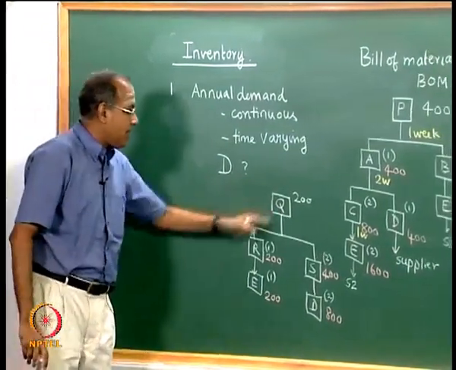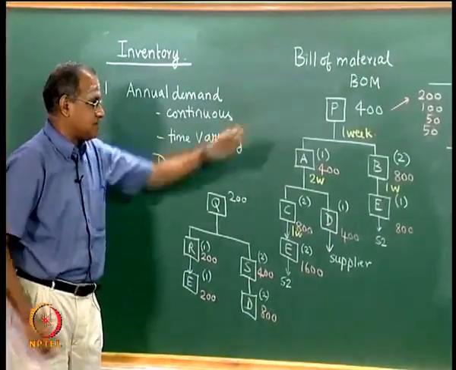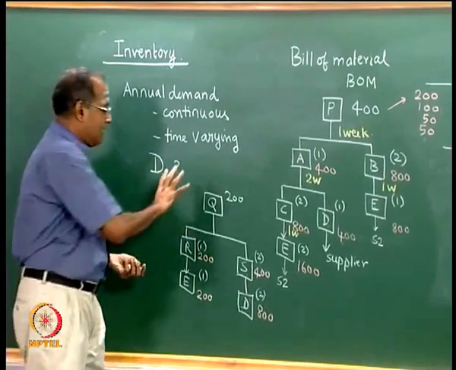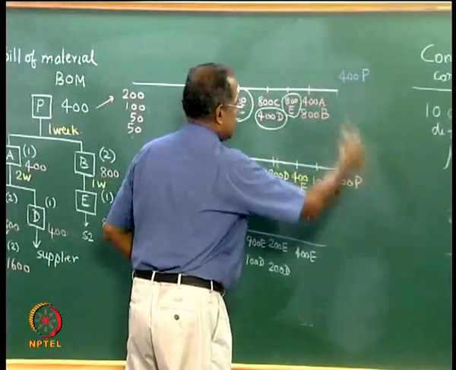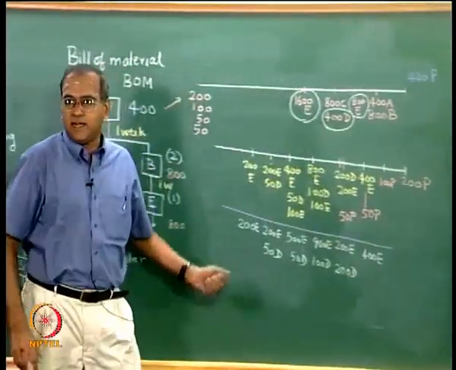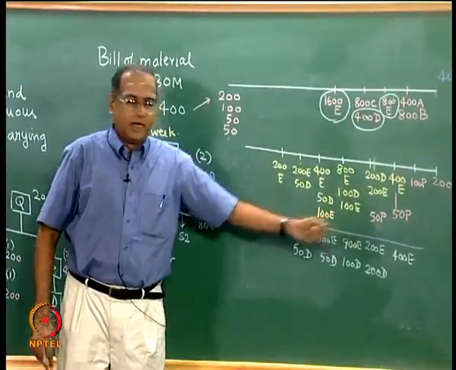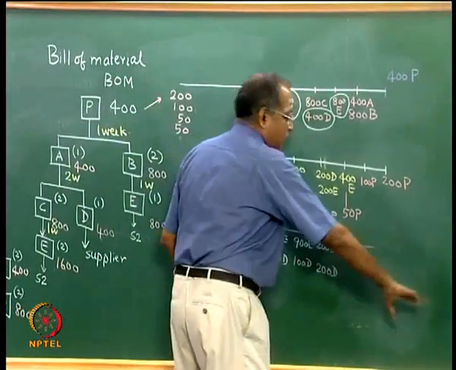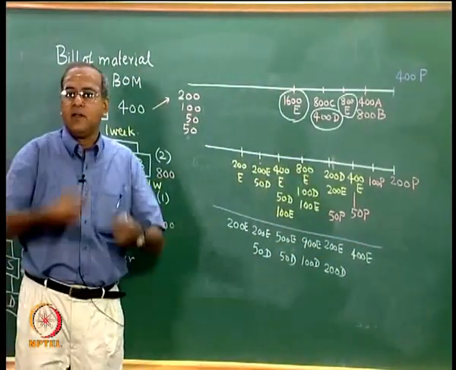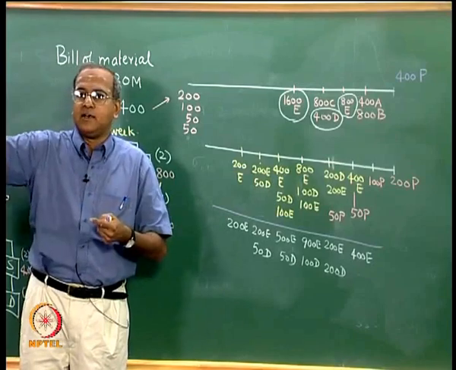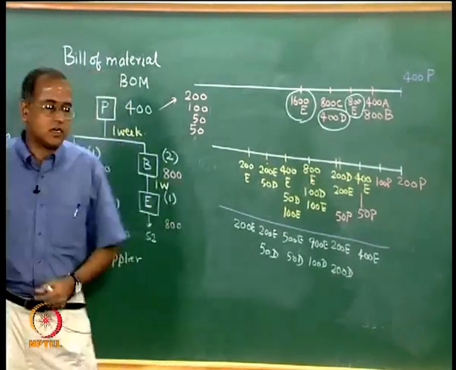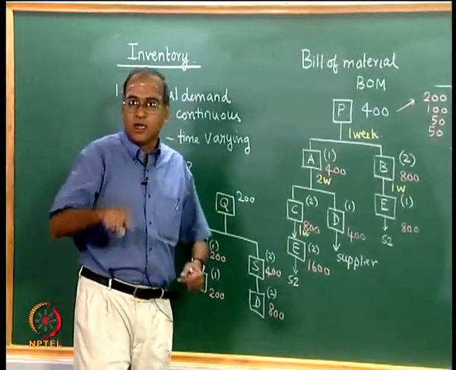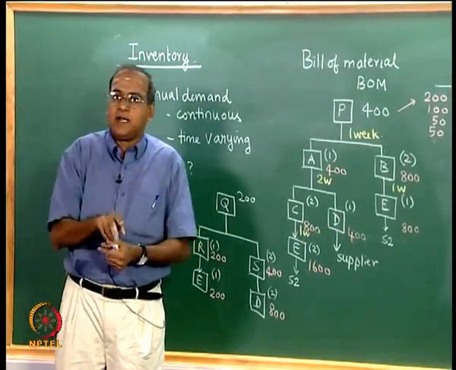So, once again if we go back and write these lead times as we did earlier, then we can draw another diagram like this for Q as we did for P, and once we are able to draw another diagram for Q, now from that diagram we can draw separate time calendars for D and E, which would depend on the amount of Q that we want to produce, the total, as well as the split up of that week